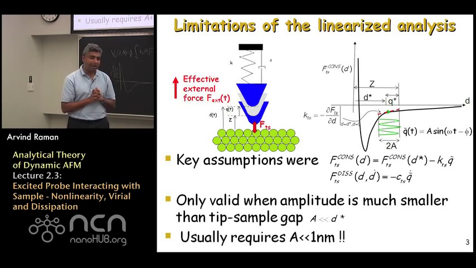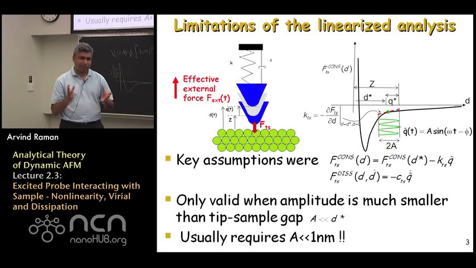When one does high-resolution atomic force microscopy, the d star is small, because you're trying to operate with very small oscillation amplitudes. Let us say d star is 1, which represents roughly 1 to 2 nanometers, the gaps at which Van der Waals forces become active between the tip and the sample. So if d star is roughly of the order of 1, and the tip is located so close to the sample that it's hovering at about a 1 to 2 nanometer distance from the sample as it oscillates,